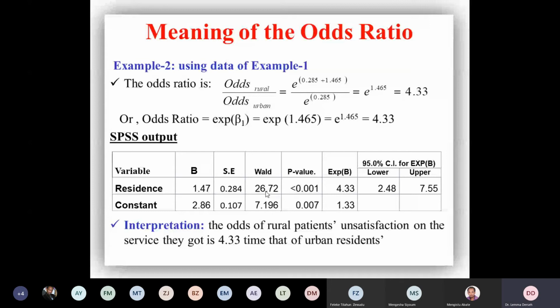ምን ማለት ነው? ይሄ ኮንፊደንስ ኢንተርቫል ቤታ 0 አይጨምርም ማለት ነው፣ ወይም የኤክስፖኔንት ኦፍ ቤታ 1 አይጨምርም ማለት ነው። ምክንያቱም ኤክስፖኔንት ኦፍ 0 1 ስለሆነ፣ ኦኬ። if beta is 0 association ከሌለ ኤክስፖኔንት ኦፍ 0 1 ነውና the null value for beta is 0 whereas the null value for exponent of beta or odds ratio is 1, okay. so እዚህ confidence interval እዚህ የተቀመጠው 95% confidence interval for exponent of beta ነው፣ lower and upper bound አለ።